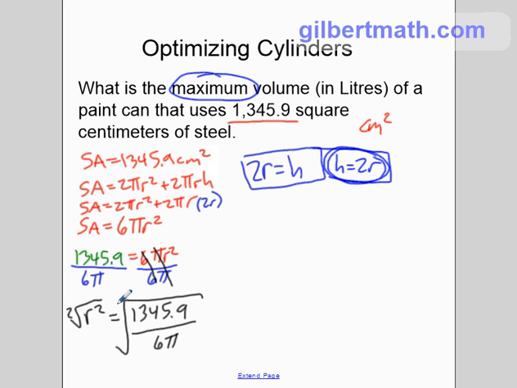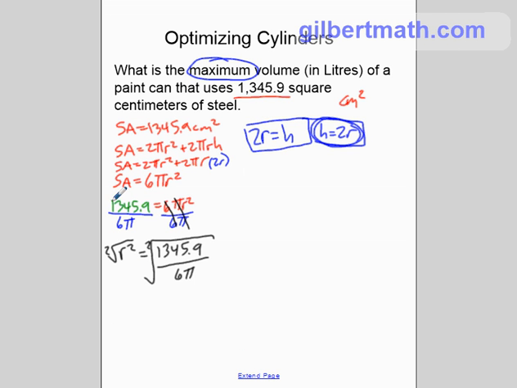Okay, and I just want to bring that to your attention because as I mentioned in class, this root sign in the 2 cancels with this other 2 here. So the cube root is the third root, the square root is the second root. You don't need to write that 2, and generally you don't ever see that 2, but it is there even though you don't see it. So once we take the square root of the left side, obviously we get r because r times r gives us r squared. And now I'm going to take the square root of the right hand side, and let me pause it,